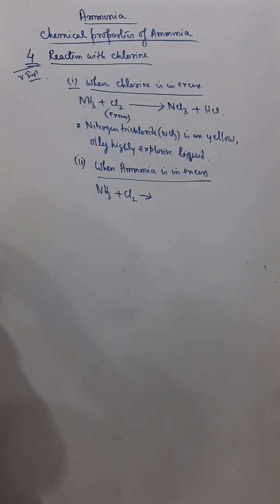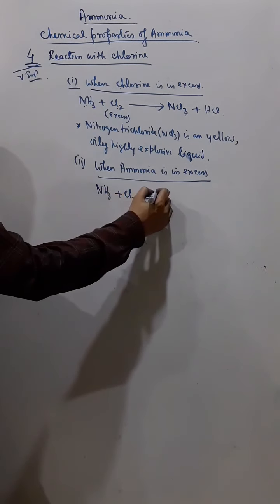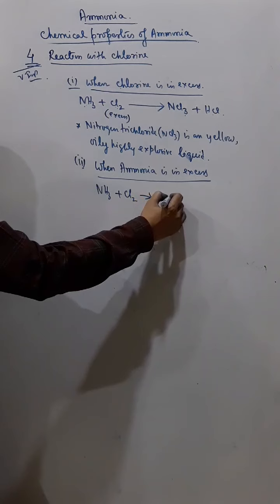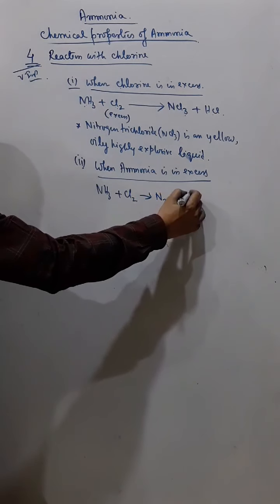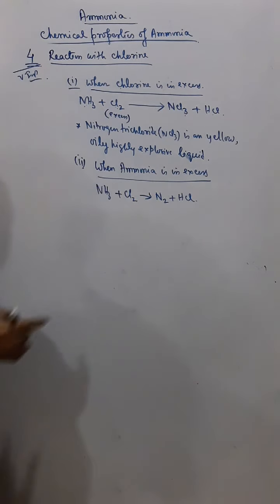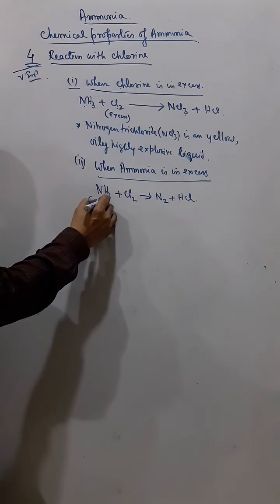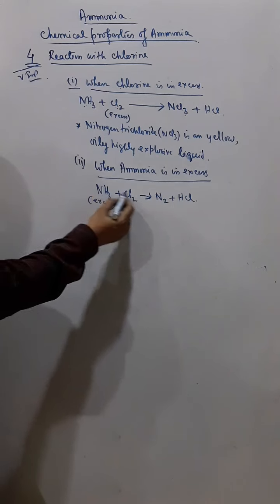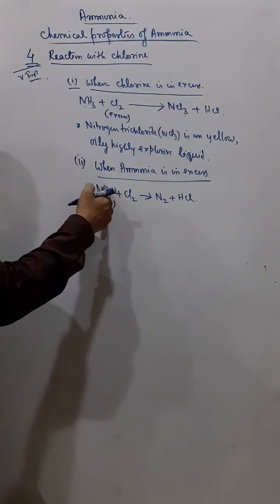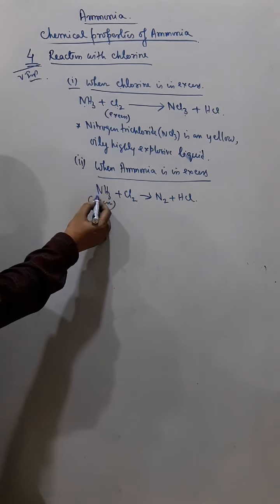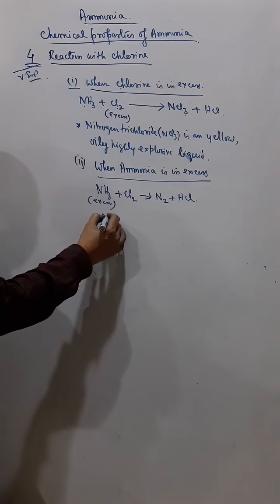Now first, you will get N2 plus HCl, and this reaction continues. Since ammonia is in excess here, after this reaction some ammonia is still left, and that ammonia reacts with HCl. Okay, so next step,